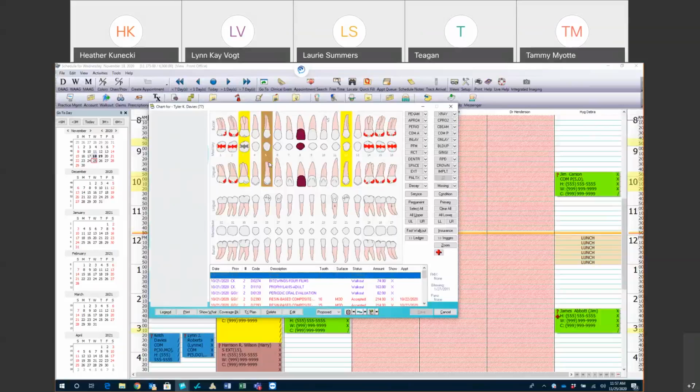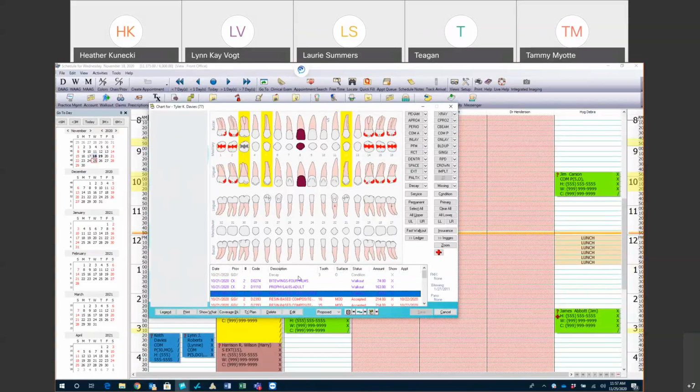So it doesn't actually treatment plan anything. You can put a watch on it like I have on number 3. You can see that I put a watch on it and it's a gray little decay on there. You can see on my chart, I'll unhighlight it for you, but tooth number 3, I just put decay on there. So let's say they're 95 years old, a little bit of decay. I'm not going to put a filling in them. They don't want it, can't afford it, whatever reason, but I did want to leave a note that there was decay on that tooth. I could just go to condition